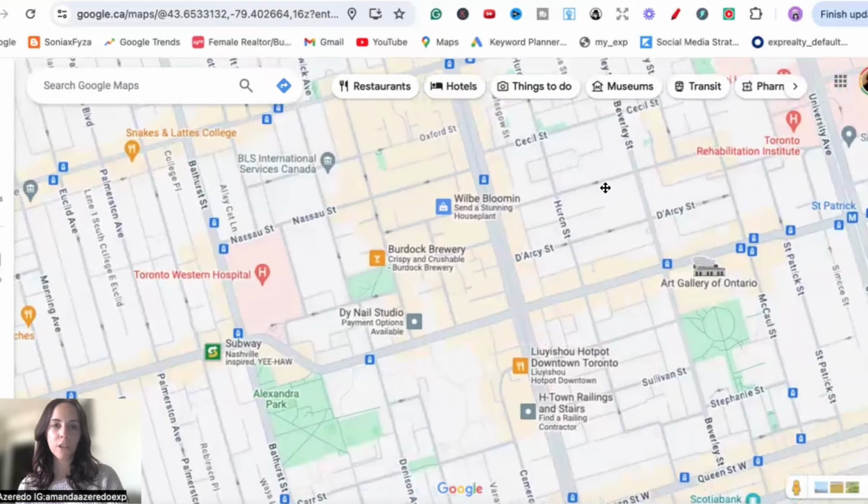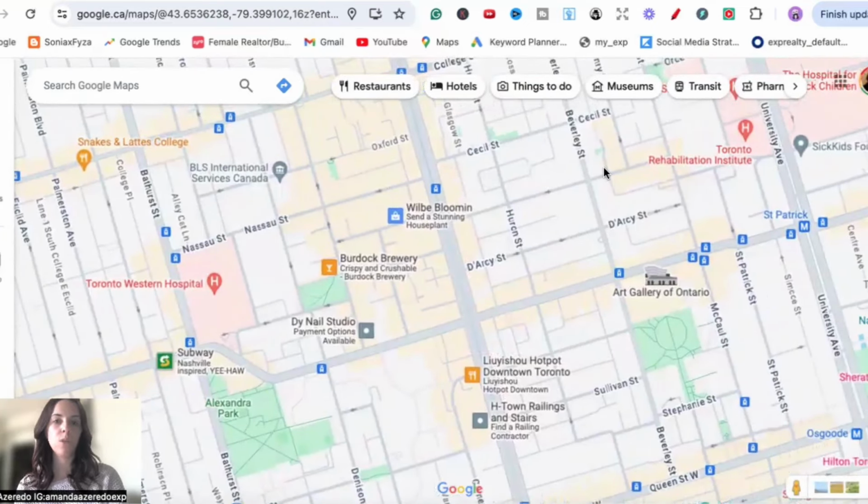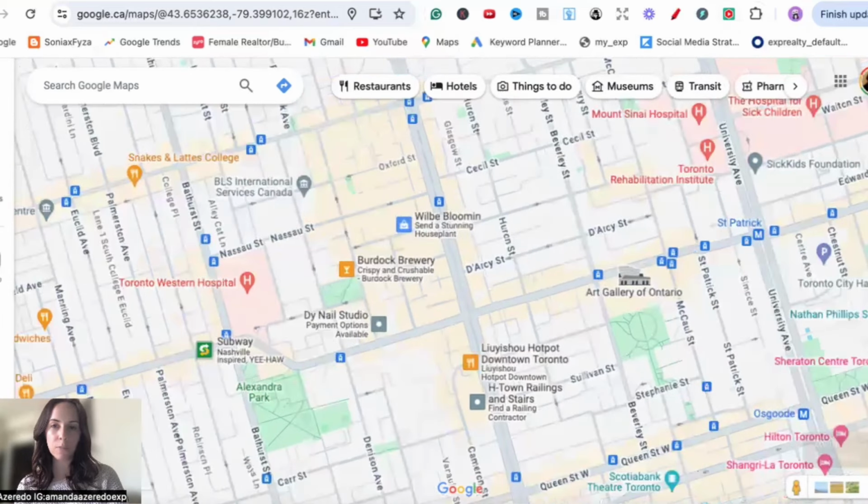Okay, so one thing you're going to notice right away is that this neighborhood is extremely close to a lot of different hospitals, which is really nice. So let me just zoom out just a bit. Okay. As you can see,